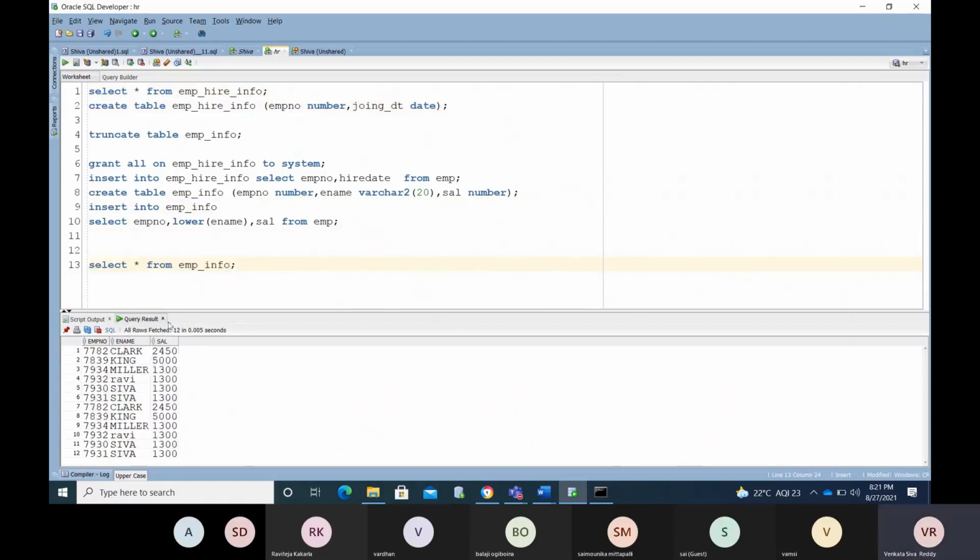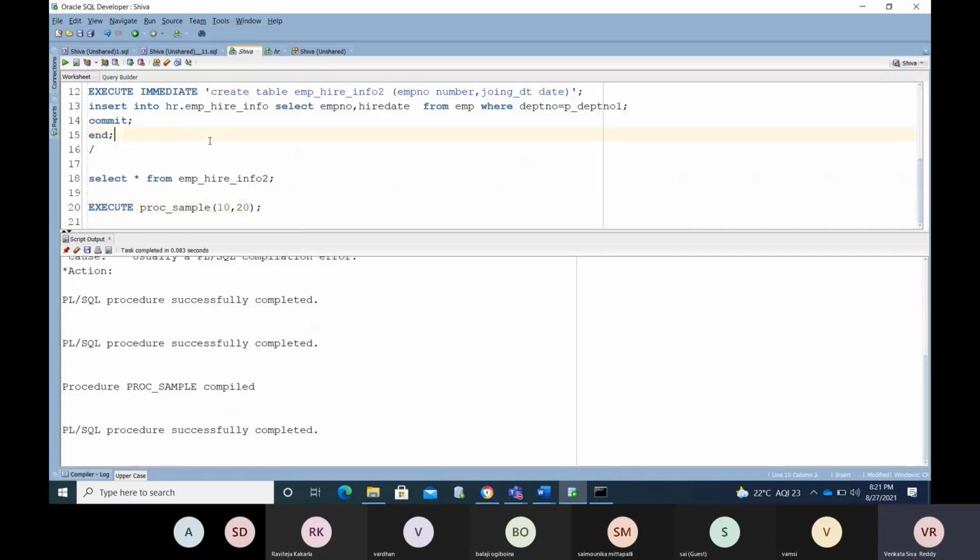See here, we have 12 records. 6 plus 6 are inserted here. Understand? So the number of parameters depends on your business requirement, where you need to pass which value. Those values need to be understood and defined by yourself.